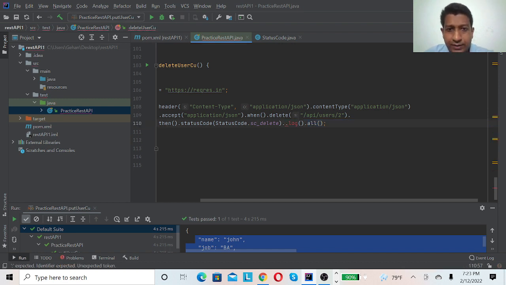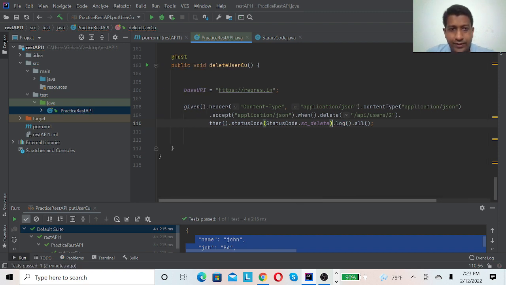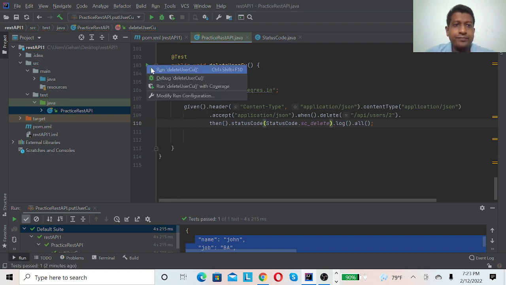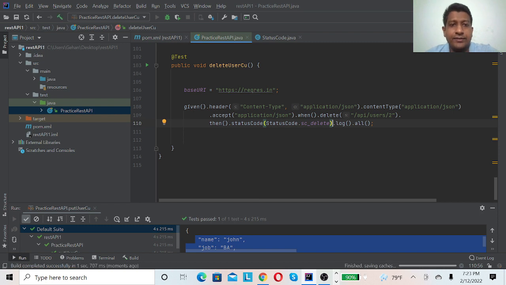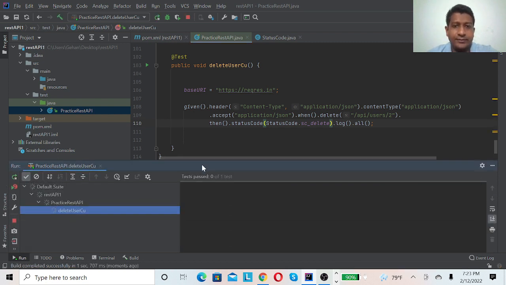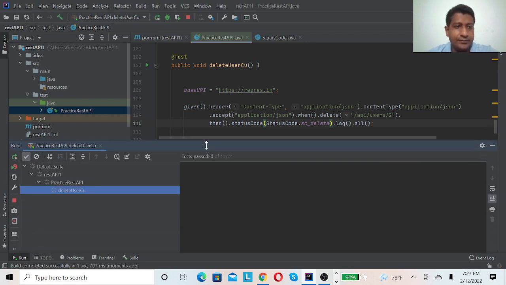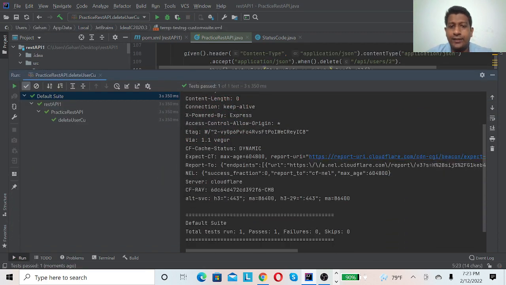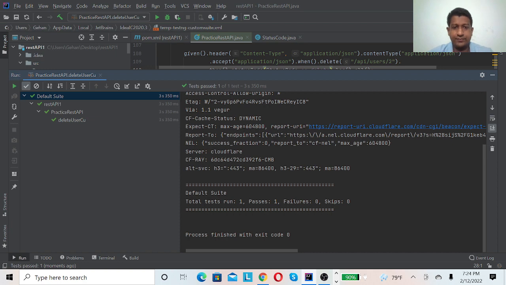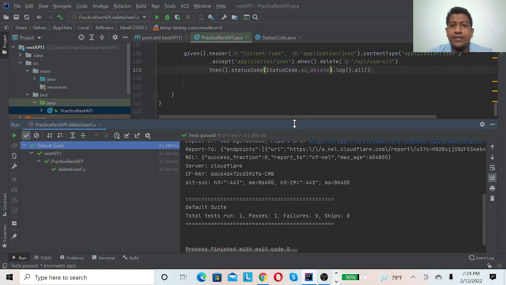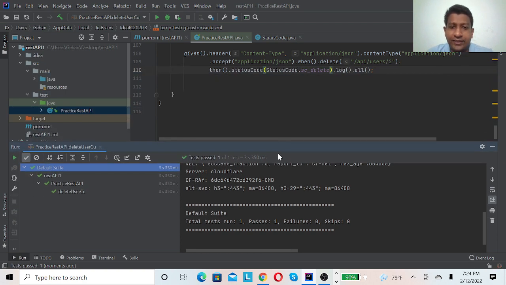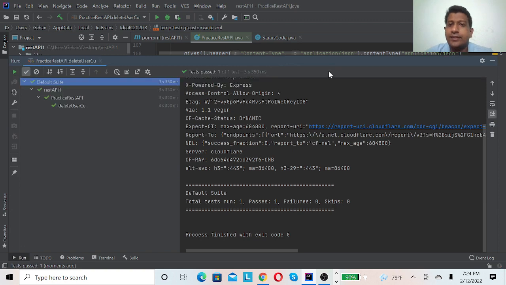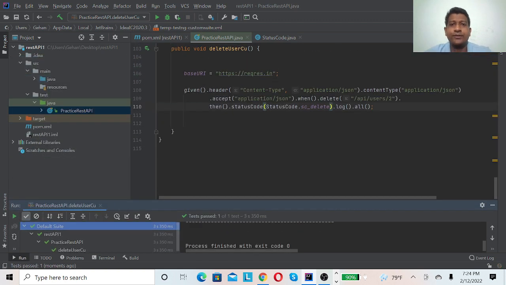I just want only the status code, and let's run and see. Here you can see 204 for delete, and since there's no response body, there's nothing to print here. So that's all for today.